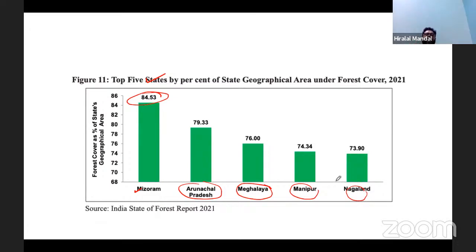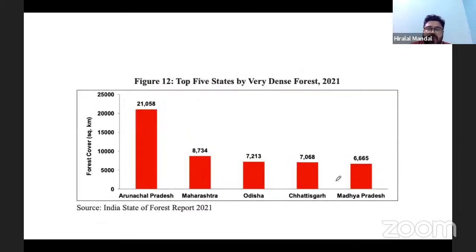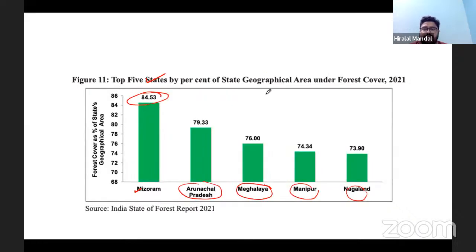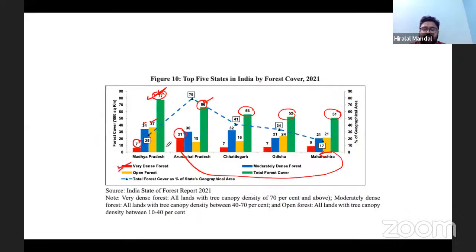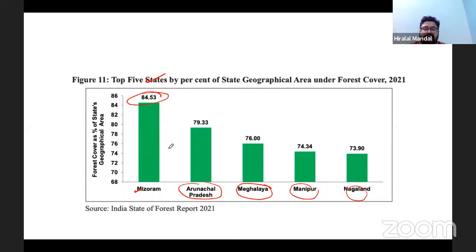So out of the total land that Mizoram has, 84% is covered by forest. Right. So that's the status of the top 5 states in percentage form. We have already talked about the top 5 states by very dense forest. We have already seen this in the data. So we have seen the top 5 states in terms of